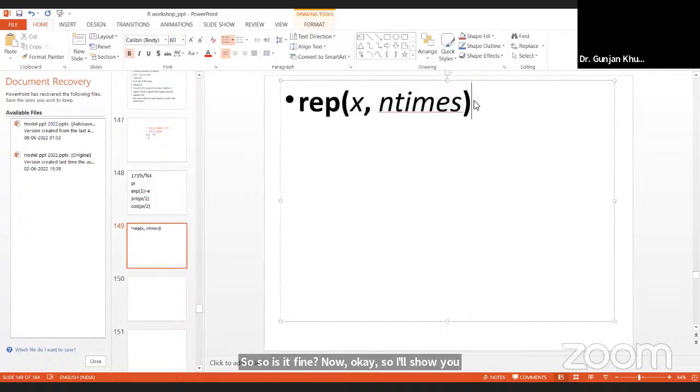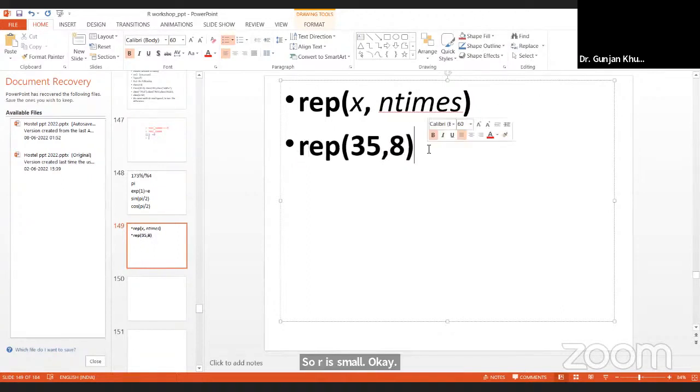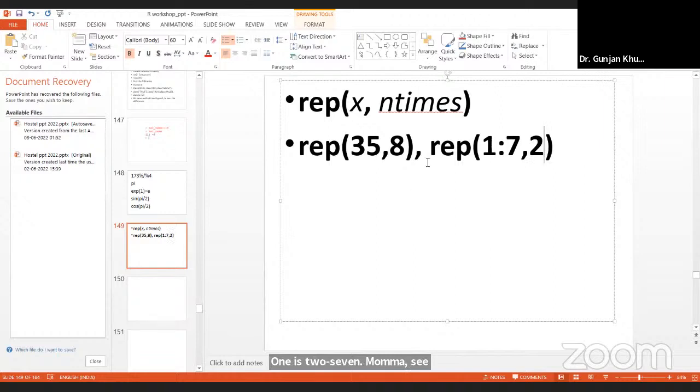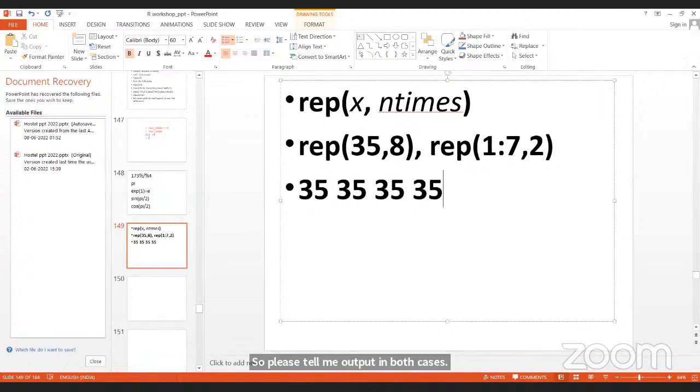So now you try this REP. Just try this 35 comma 8. So R is small. Okay, this is done. Then you type REP. You are replicating a sequence 1:7, comma, say 2 times. So please tell me output in both cases. In the first case, 35 8 times, and in the second case, 1, 2, 3, 4,